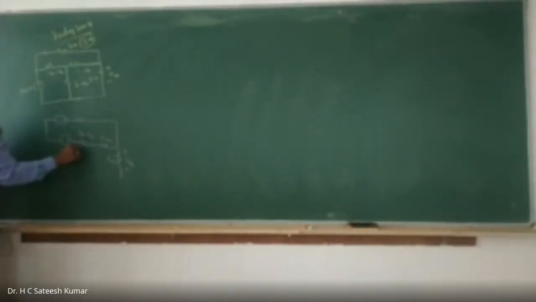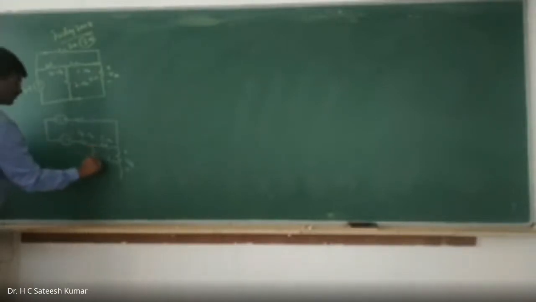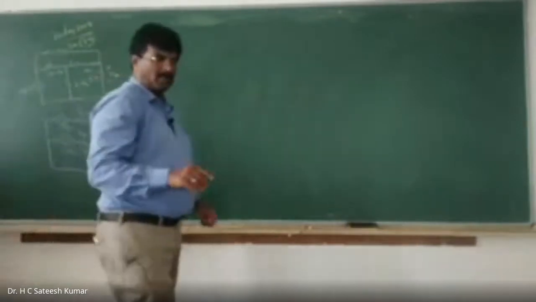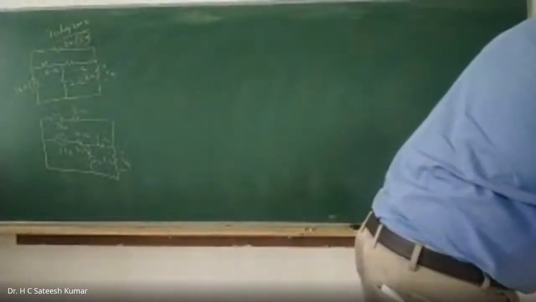And this is 2 ohm. This is 18 volts. This is 18 volts, and this is, what is that? 3 ohms. That's how. This is 4 ohms. Now what should I do? Can we rewrite this one? See this? Rewriting is very, very important here. Unless you rewrite, you cannot do this problem.